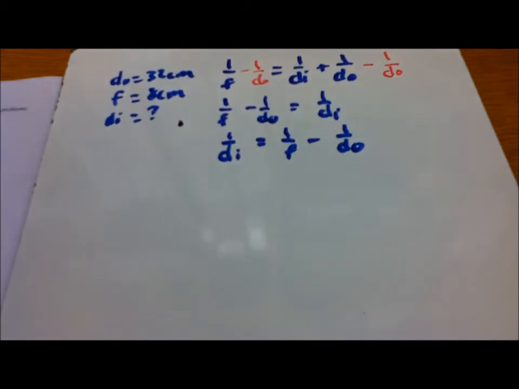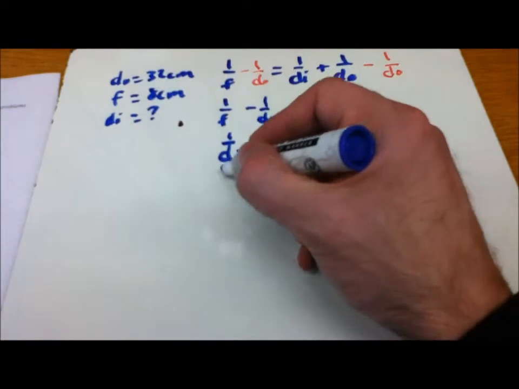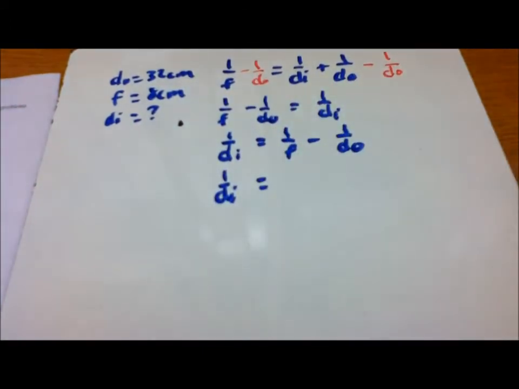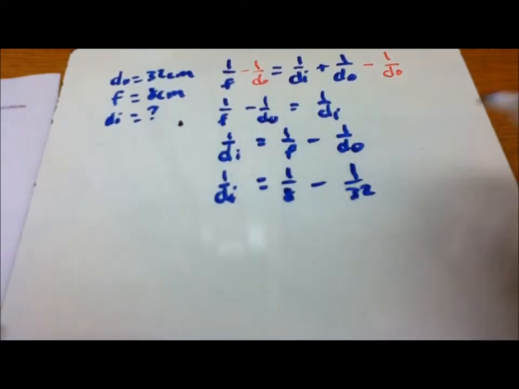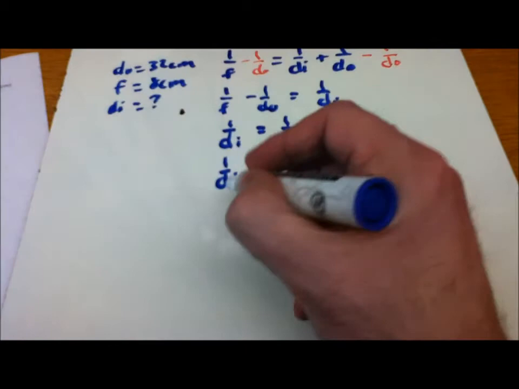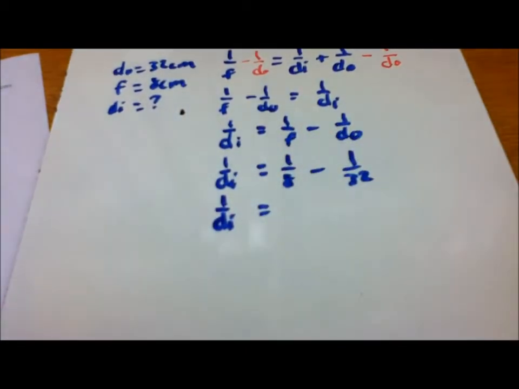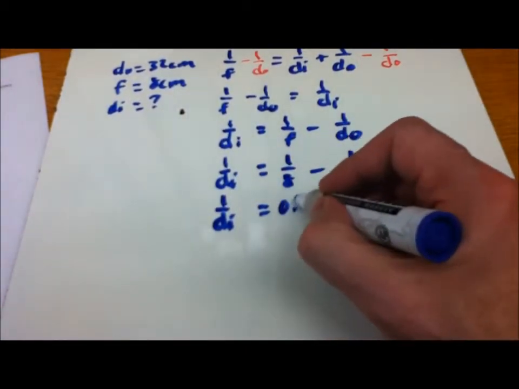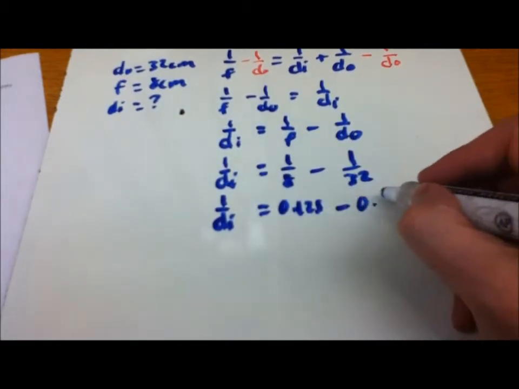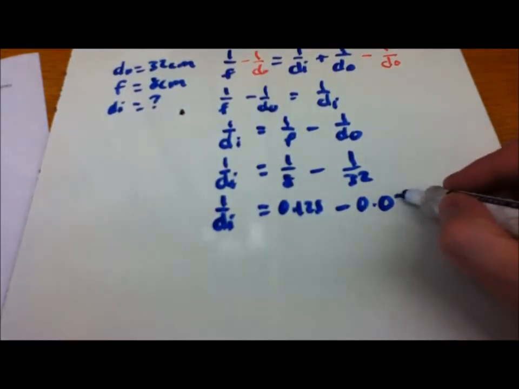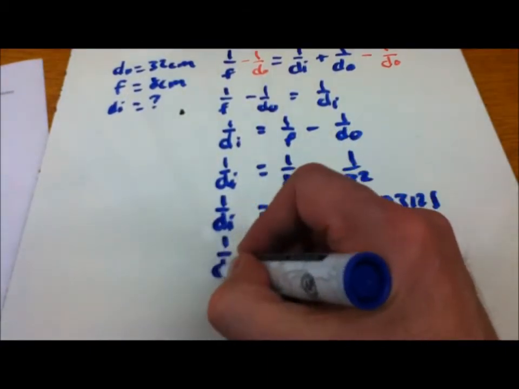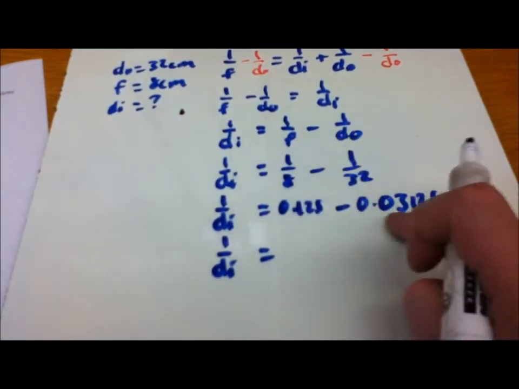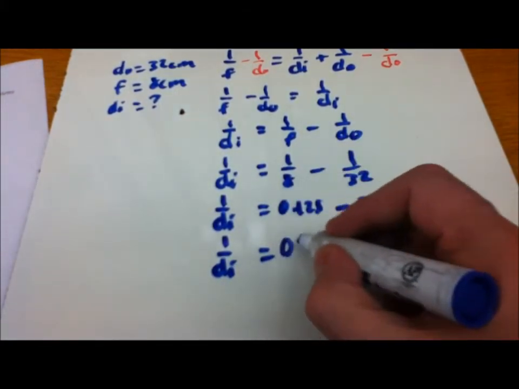Now all we have to do is just substitute our values here. So 1 over di will equal 1 over 8, subtract 1 over 32. And when we plug those values into our calculator, 1 over di will equal 0.125, subtract 0.03125, and if we subtract this from this, we're going to get